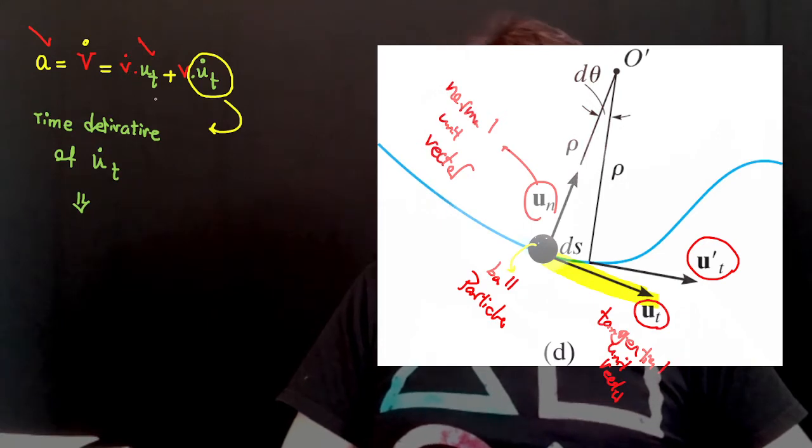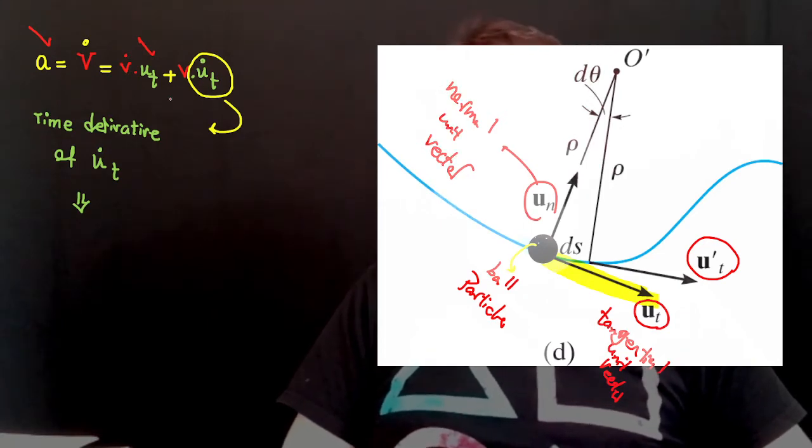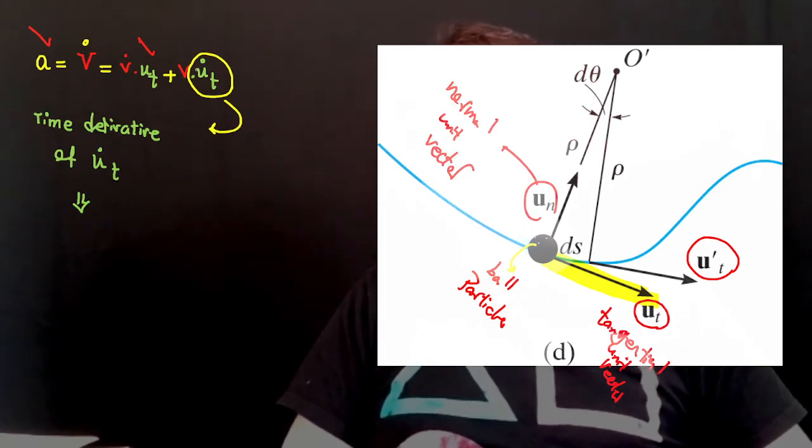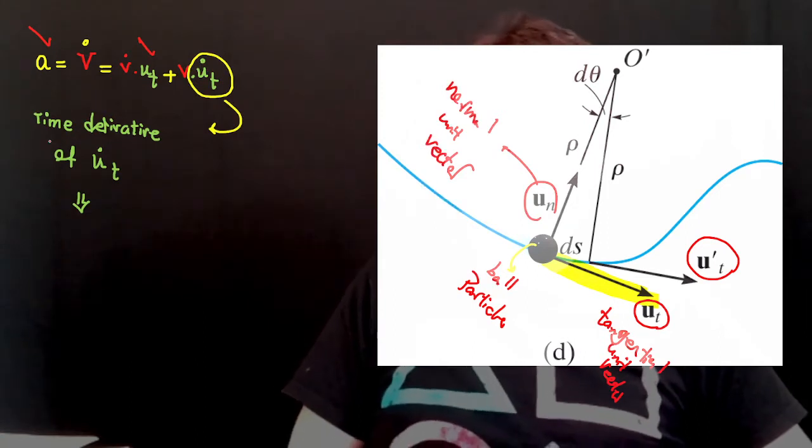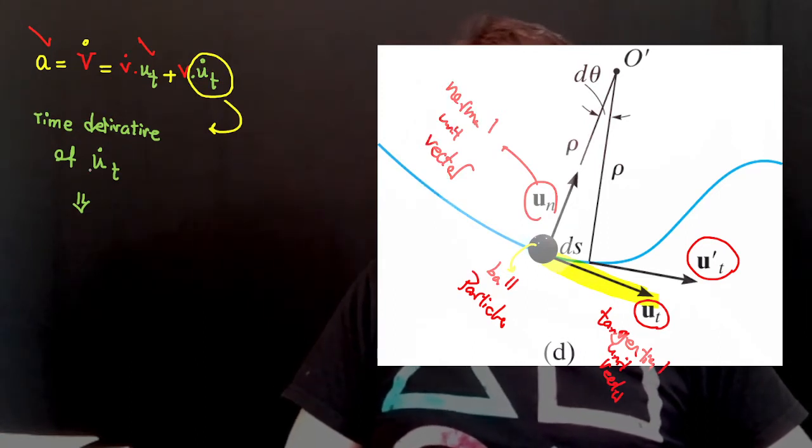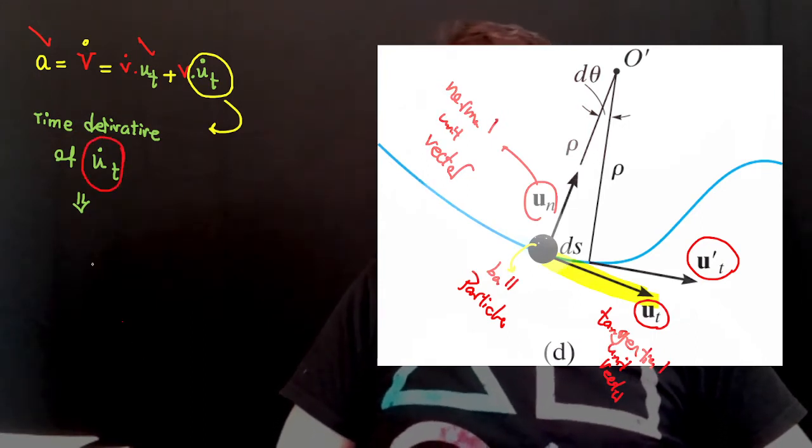So v dot is clear, but let's see what the time derivative of u_t is. The time derivative of u_t, which we call u dot t, is